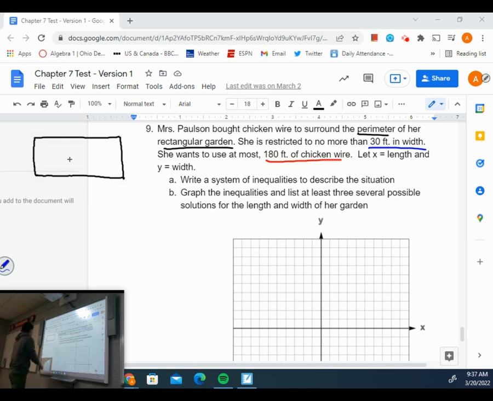Well, that screams out to me that we've got this width and we don't know it, right? We don't know the width. They don't tell us anywhere in here her garden is 47 feet wide. No, they just give us this general criteria. So no more than 30 feet in width. Well, I don't know the width, so I'm going to give it a variable,